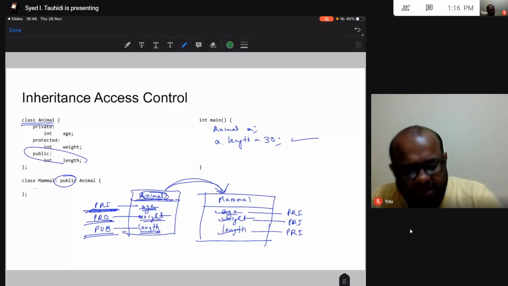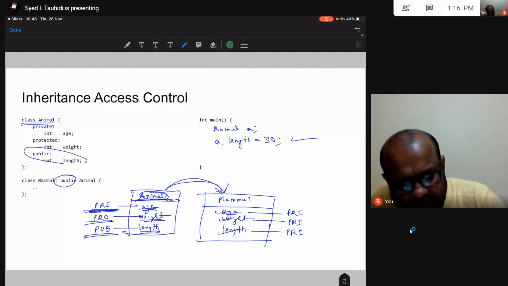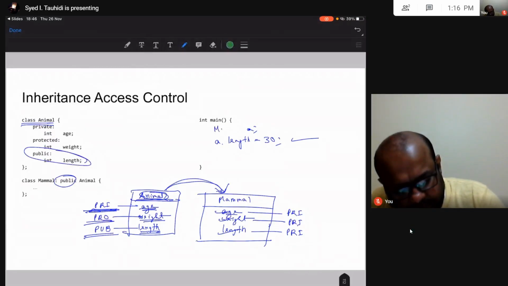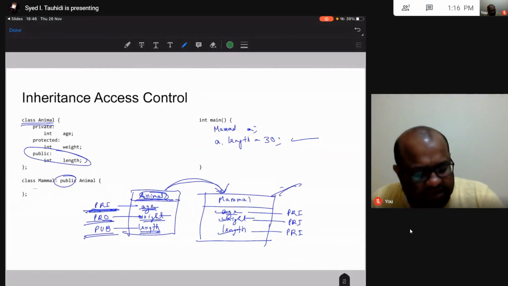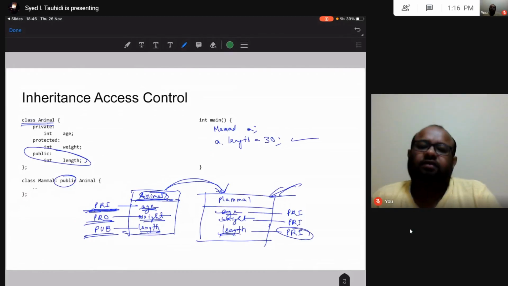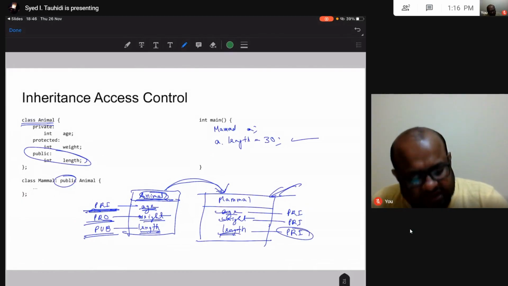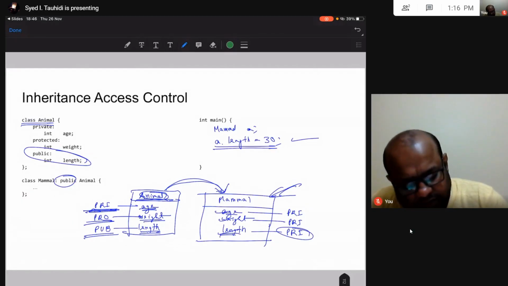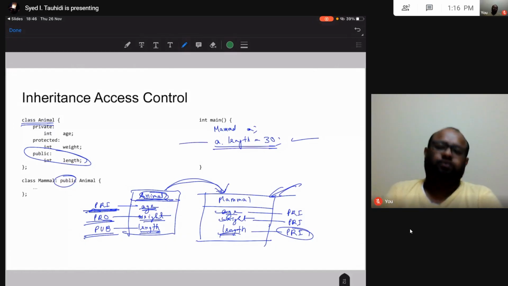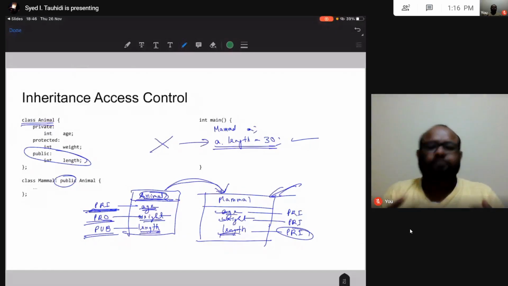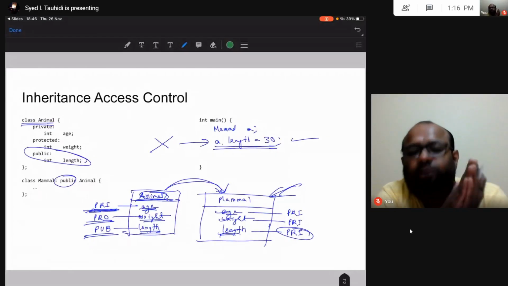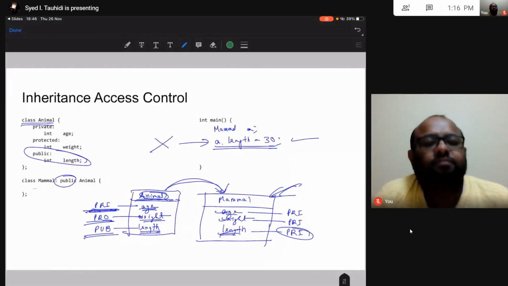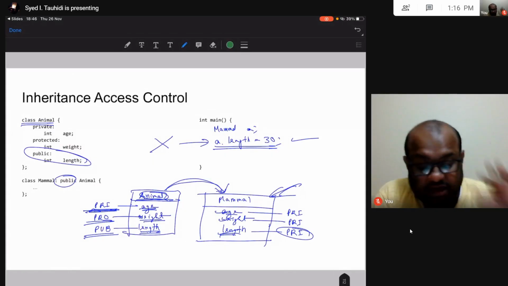But then if I change this animal to mammal, and in my mammal object length is private, then this line which was allowed before will no longer be allowed, right? So I hope you understand the problem that I am trying to make you understand.